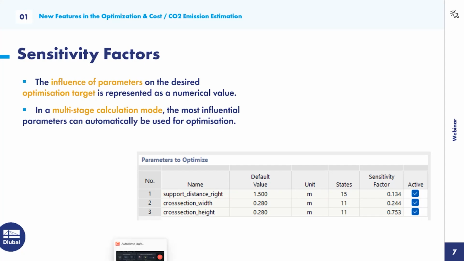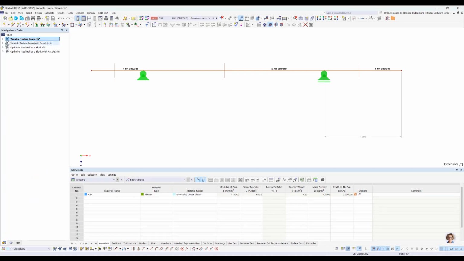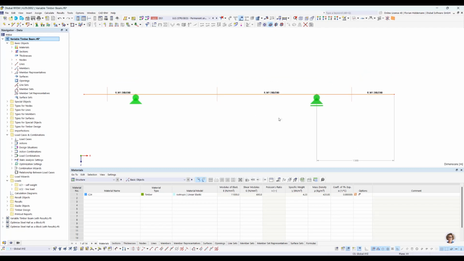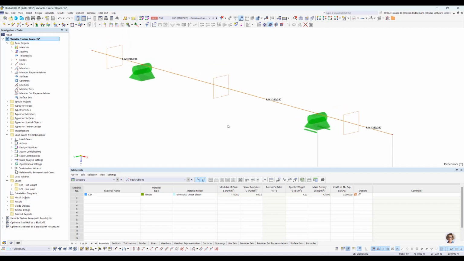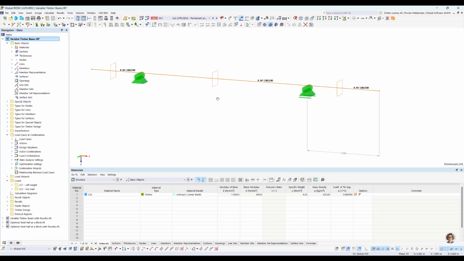So let's dive into the program. And as you can see here, the first model is a variable timber beam. This one has nothing to do with blocks at the moment. It's just for demonstration purpose of the new features I just explained in the PowerPoint. So what do we see here? We have an easy static system. It's a single span member, and at the ends there are some members reaching out on the left and on the right side. It's a rectangular